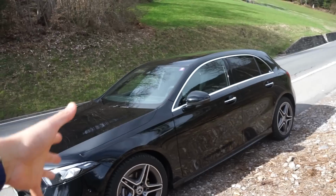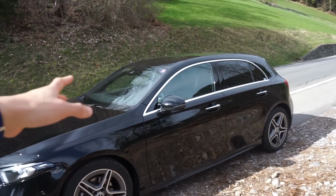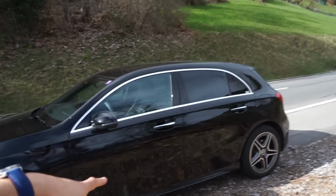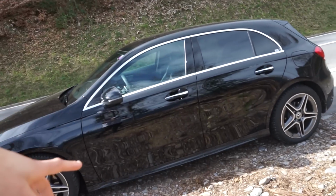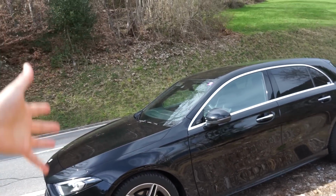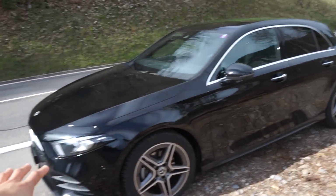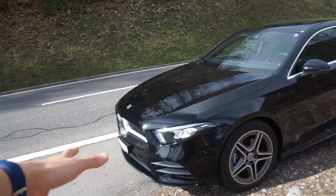It had the 2-litre turbocharged inline-4 engine, which was a lot more performant than this one. This is the Mercedes A180. This has a 1.3-litre inline-4 turbocharged as well, but only gets to 60 in about 9.2 seconds. It's nowhere near as fast, but it has a nice AMG package on it. We'll go through all of this in a bit, but it has a nice AMG package on it, so